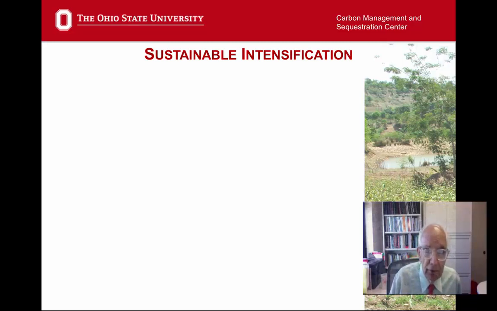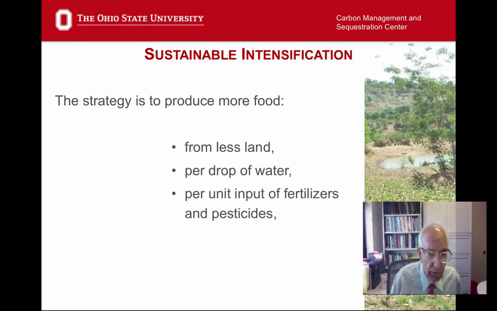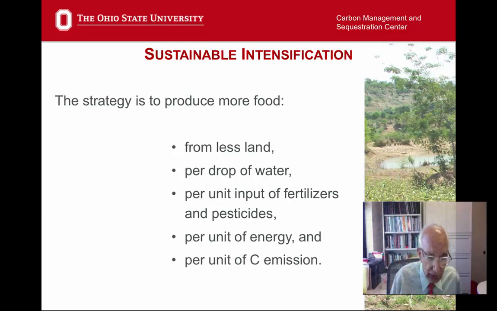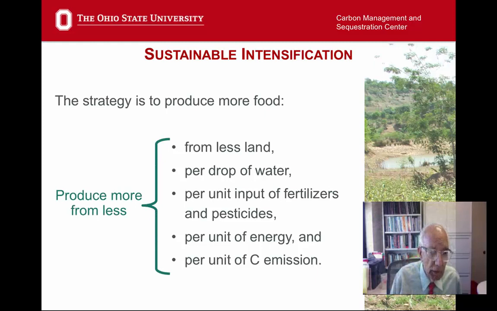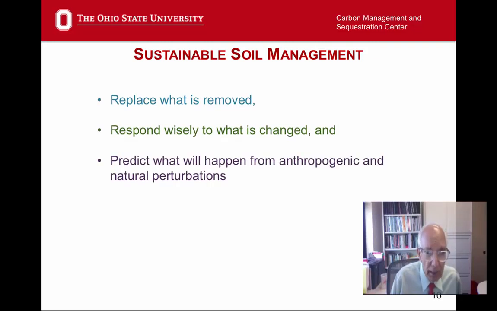And this drawdown can be achieved through sustainable intensification. The idea is to produce more agronomic production from less land, from less water, from less consumption of fertilizer and pesticides, from less use of energy, and from less emission of greenhouse gases to the atmosphere. The goal is to produce more from less through sustainable intensification. And this can be achieved by replacing the nutrients which are removed, by responding wisely to what is changed, and predicting what will happen from anthropogenic and natural perturbations,